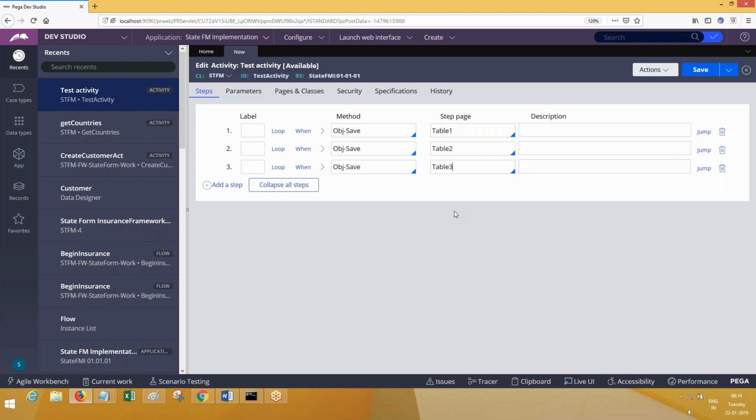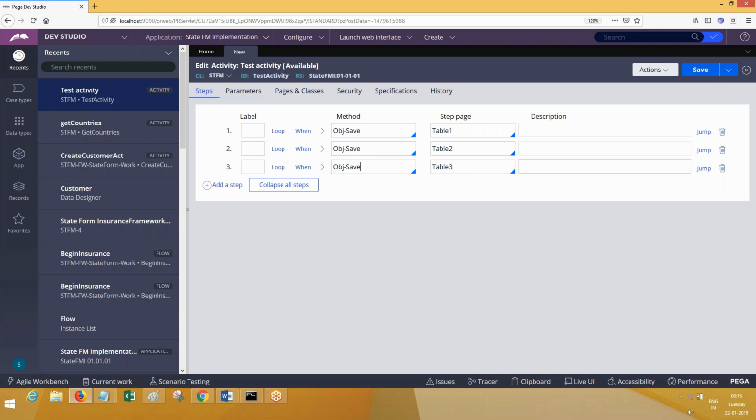Let's say it is an independent activity, not part of a workflow. Suppose it is called in a workflow, all these 3 will get stored plus it will be committed. Commit will be taken care of by PRBC itself if it is part of the workflow execution. Suppose it is not part of the workflow, we are executing the activity directly. So go to action and then run this activity. Obj save will be done on table 1 with some data, on table 2 with different data, and on table 3 with data related to table 3. All this data will get saved into defer queue.